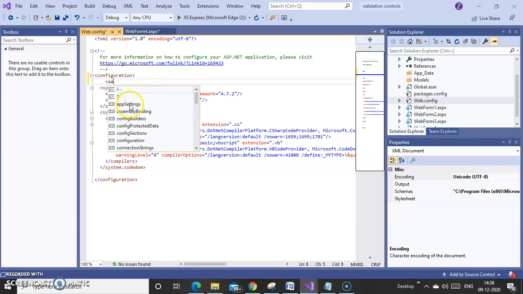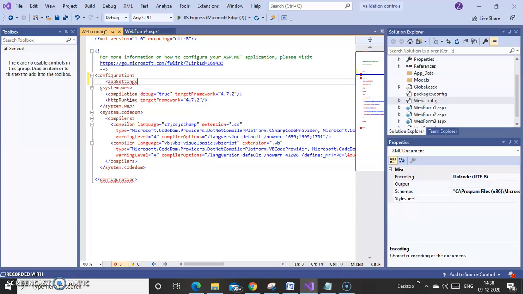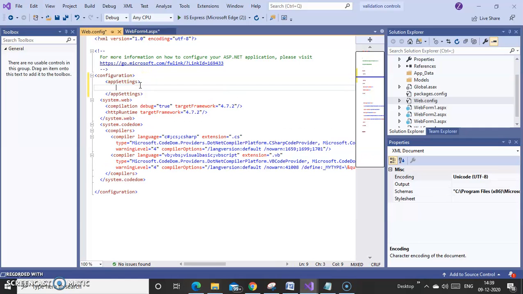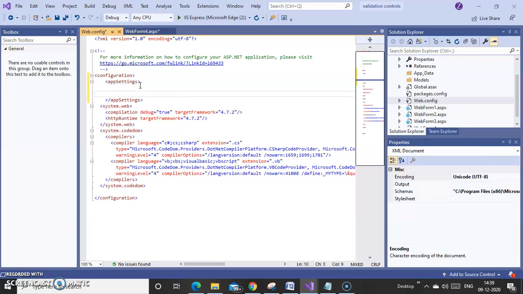Here, the appSettings tag will come automatically. Close the angle bracket, and its ending tag will come automatically. Now in between this appSettings, the pointer is flashing, right? Just press enter and write one line of code, which is here. Again, one small add will come, then key. Add key, and inside